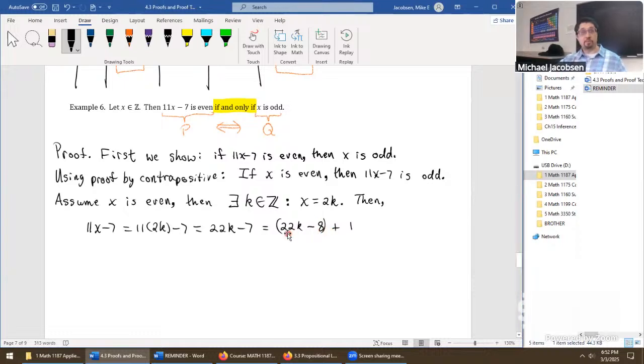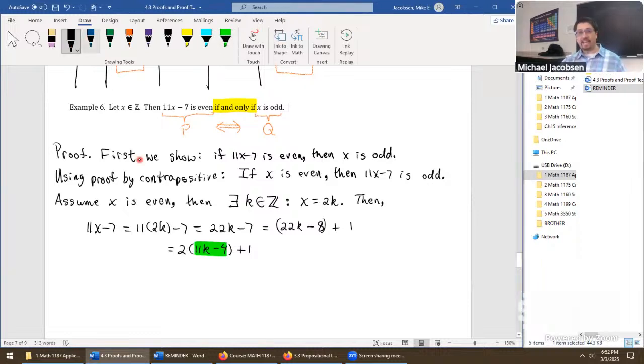Associate the first two terms right here because we also want 2 times an integer plus 1, giving us odd. So from here, we can factor out that 2, leaving behind 11k minus 4 plus 1. So we've done it, folks. This value right here